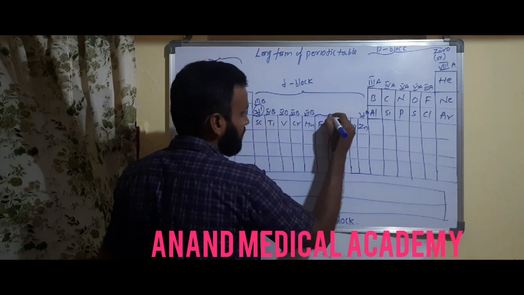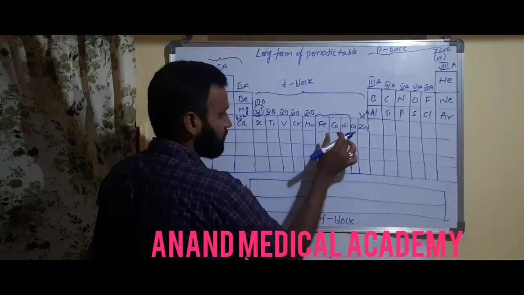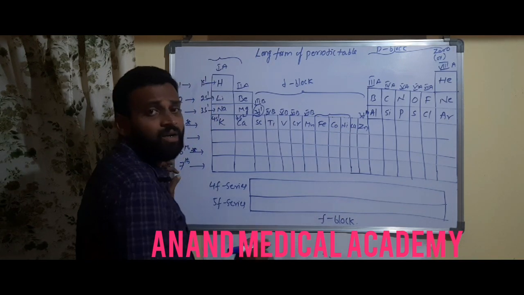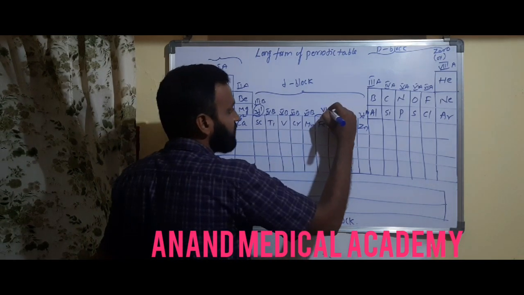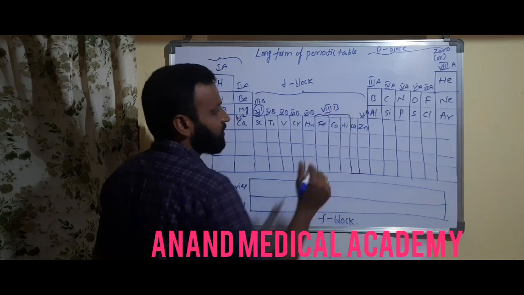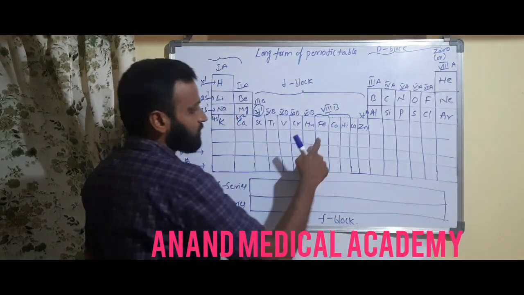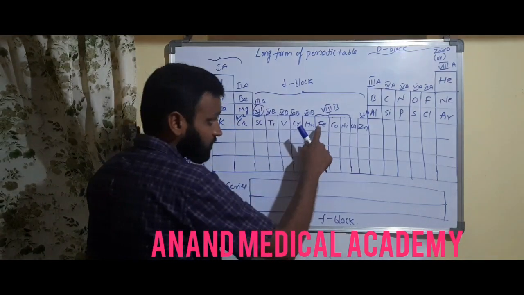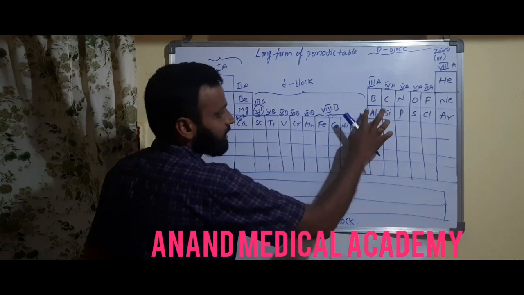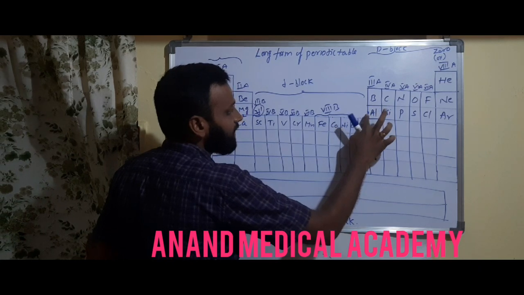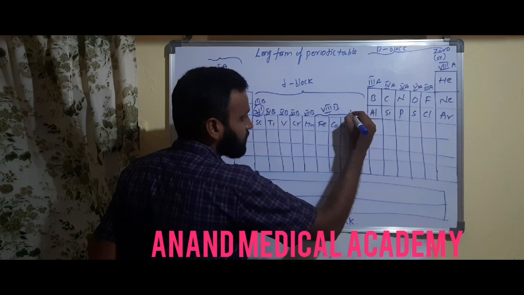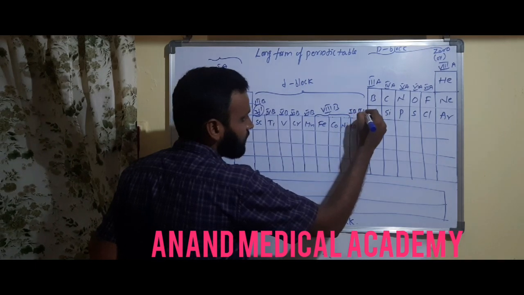But here 3 vertical columns are called one group, that is 8B. 8B consists of 3 groups like this, because they are called triads. I told you those triads will come here. Understanding? This is 3d10 here. 3d10 is who? Zinc here. So here it is 1B and this is 2B.